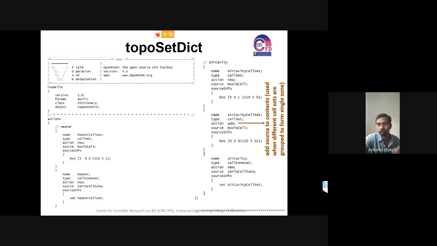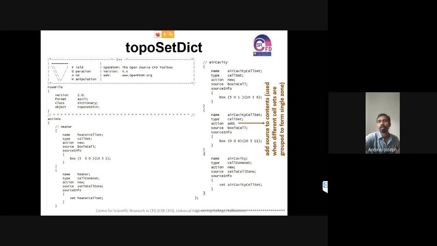Now, at the bottom portion, we will have one more box. So I am creating that box by giving the corresponding dimensions, and all those cells that I get in the new box are added to the previous one that I had already created. That's why I am giving the action here as add. That's correspondingly shown in the arrow with the brown color.